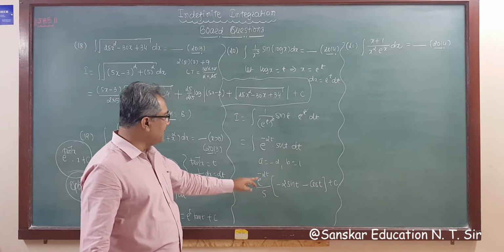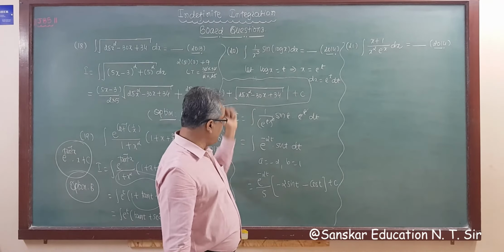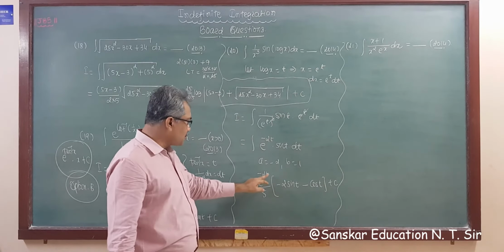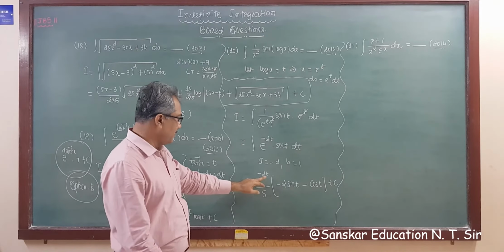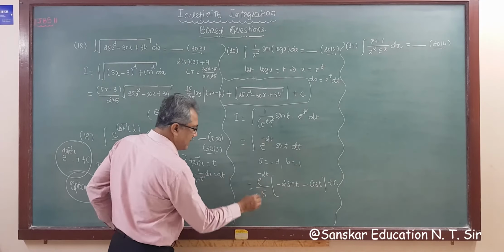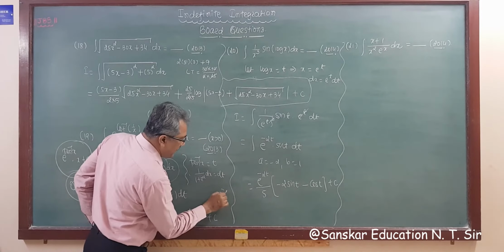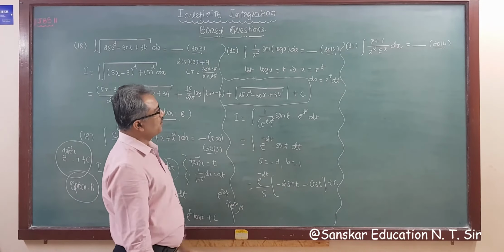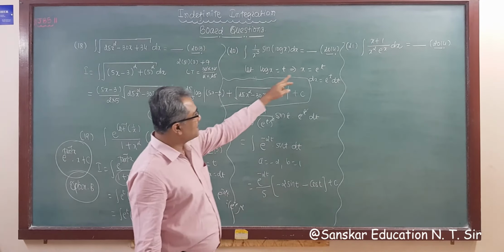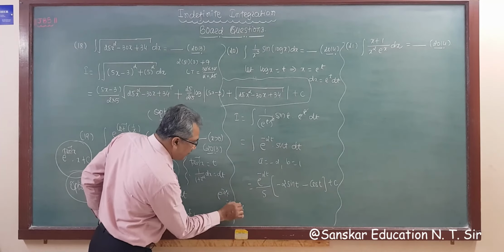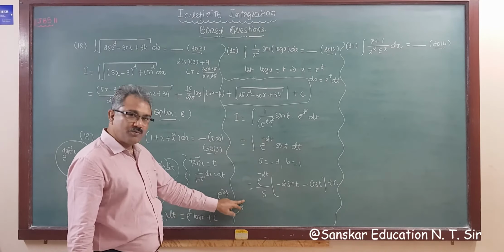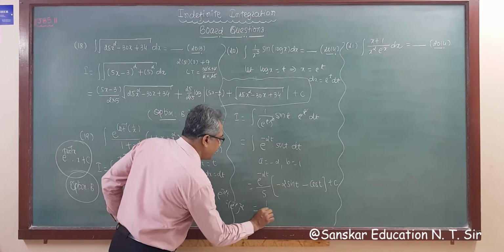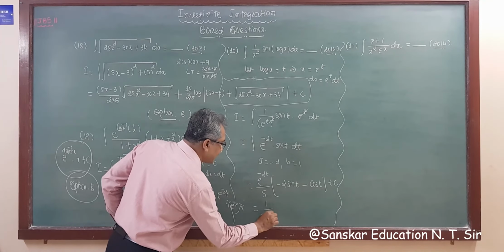Now substitute the value of t. What is t? Here e raised to t is x. So this is x raised to -2. If I write e raised to -2t like this, as e raised to t whole squared with the minus, e raised to t is x, so I am writing here -2. So this is x raised to -2, and x raised to -2 is 1 upon x square. So the answer will be 1 upon 5 times x square.